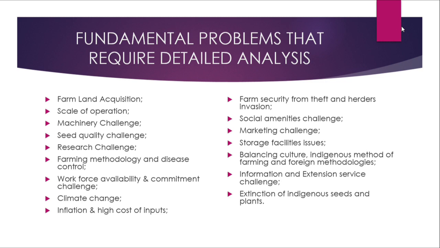Number one, talk about farmland acquisition. Everywhere in the world, there are different procedures, there are different policies that the government lays down on land acquisition. But most often, many of these policies make accessibility of land difficult for so many farmers. So there is need that we talk about this, we address this, and make sure that every farmer that has interest in going to the farm, in doing agricultural activities, must be able to have access to land. That is one.